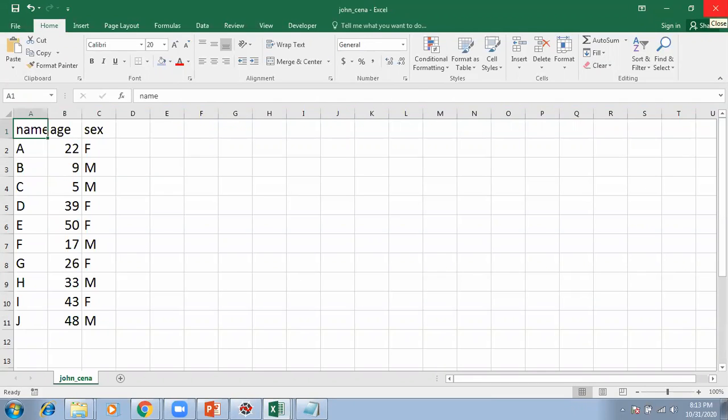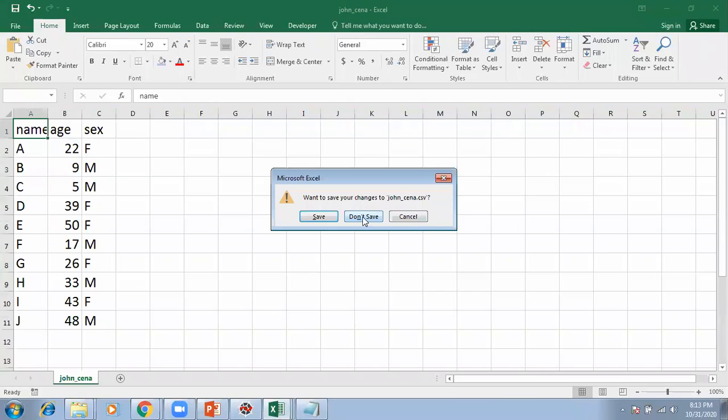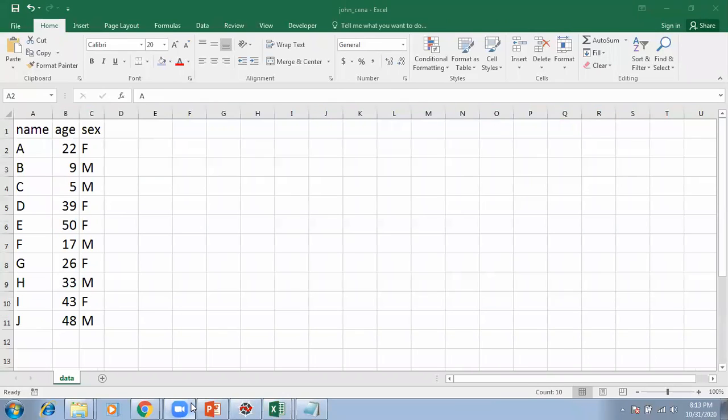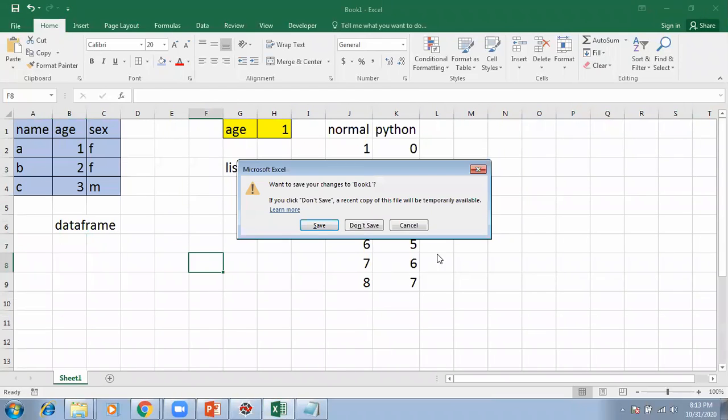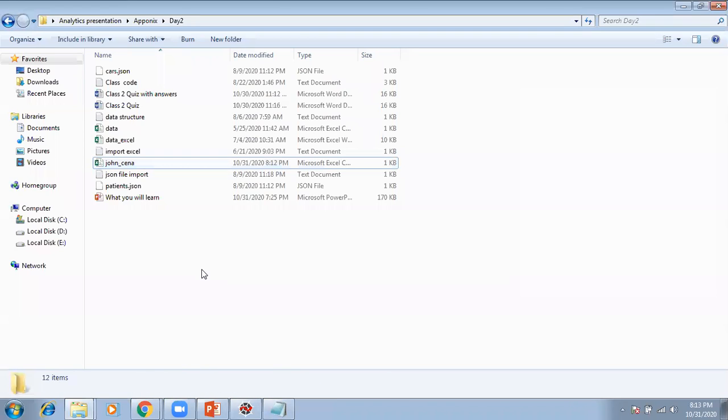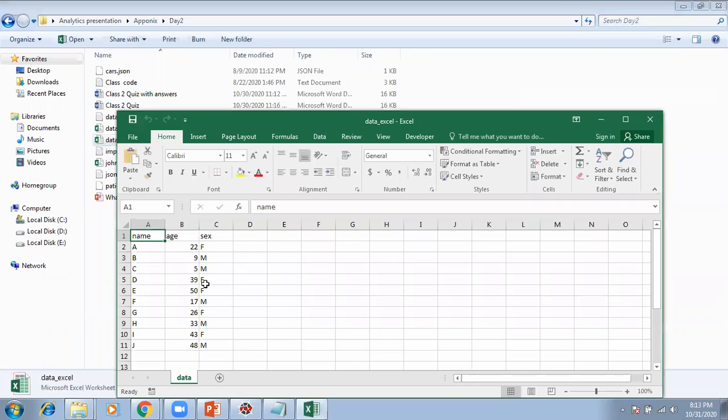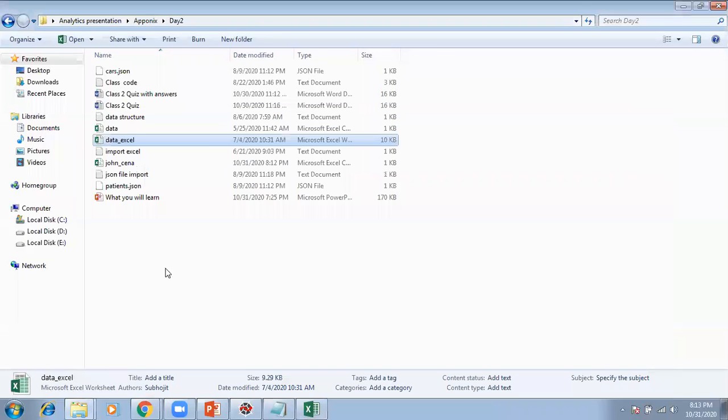Now let's understand how we import an Excel file. Suppose you have an Excel file over here, data underscore Excel, with the same kind of data we have. I want to import it.